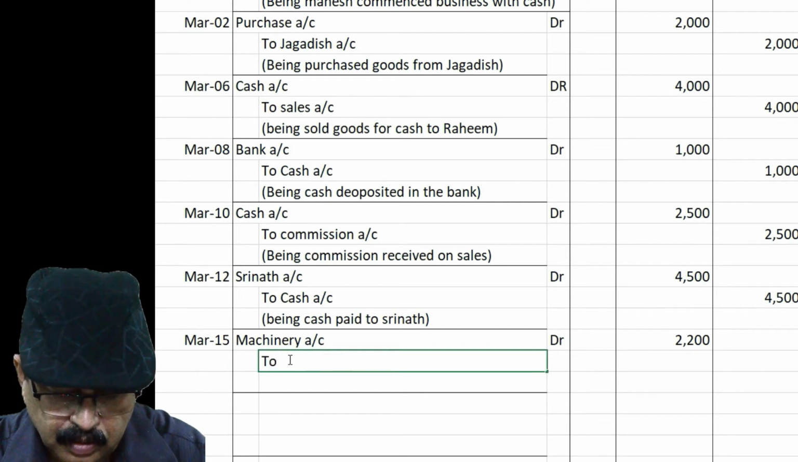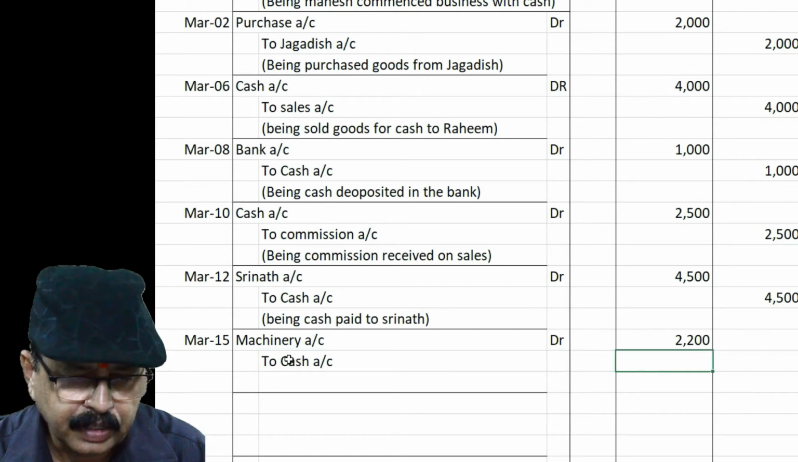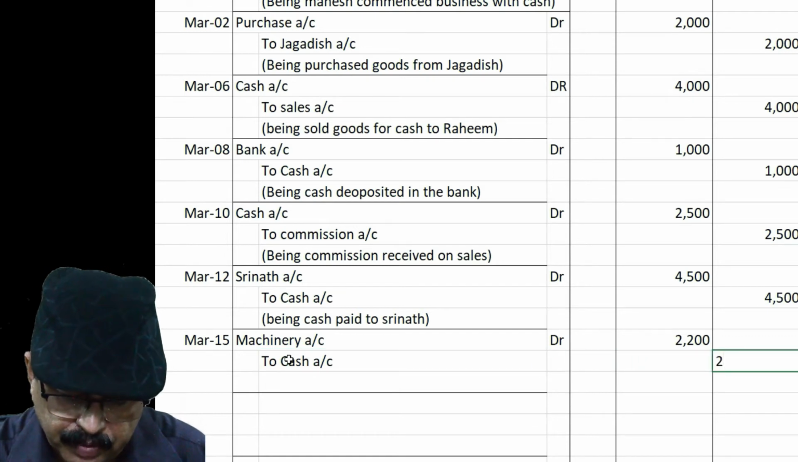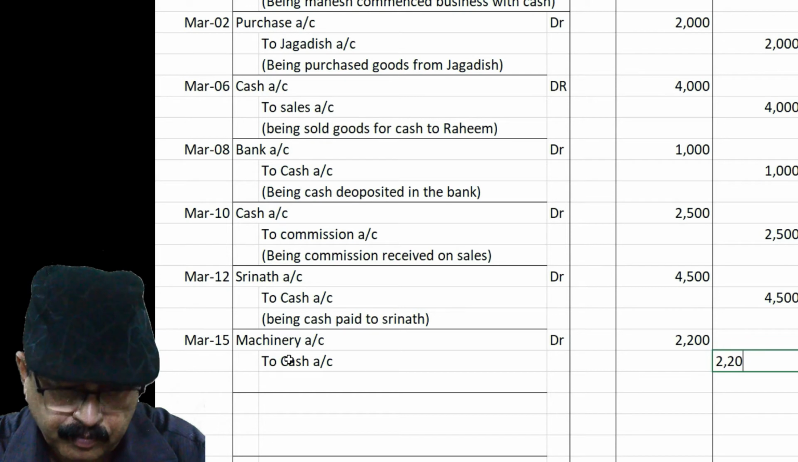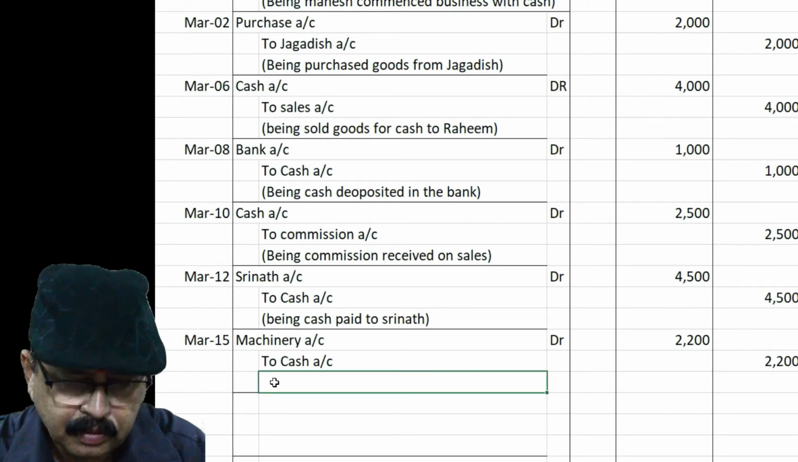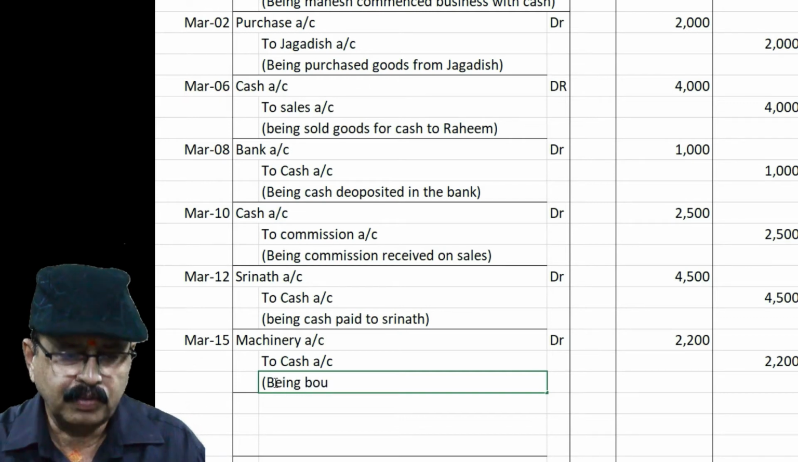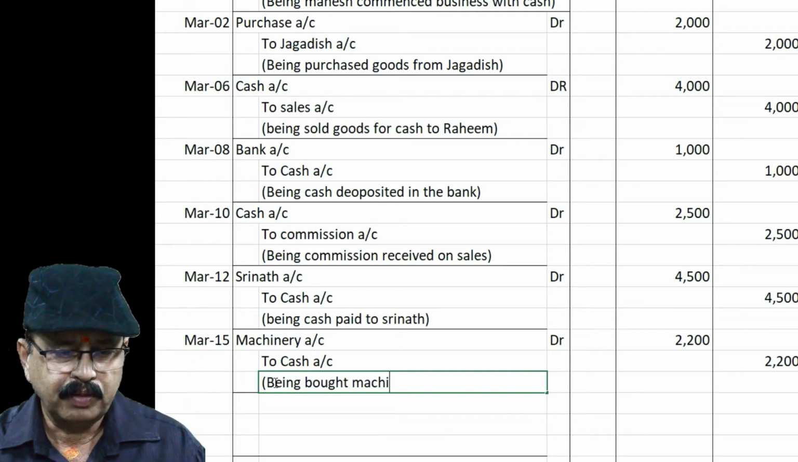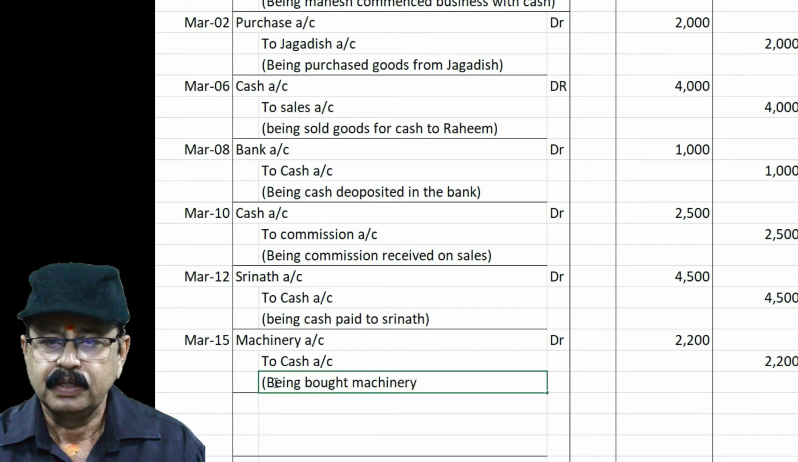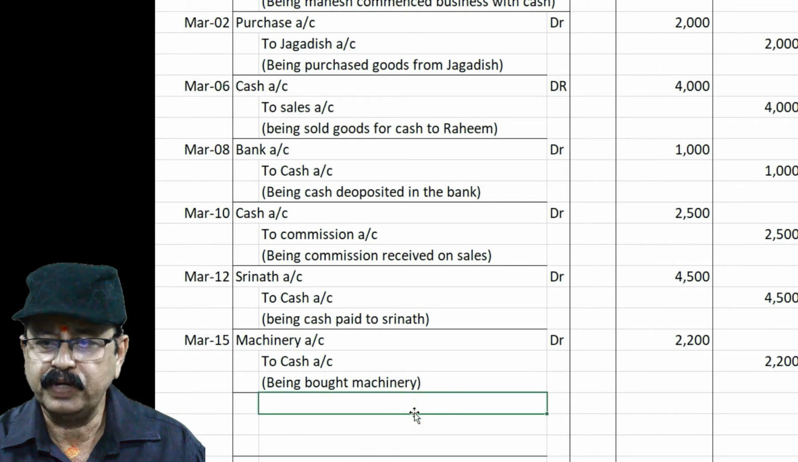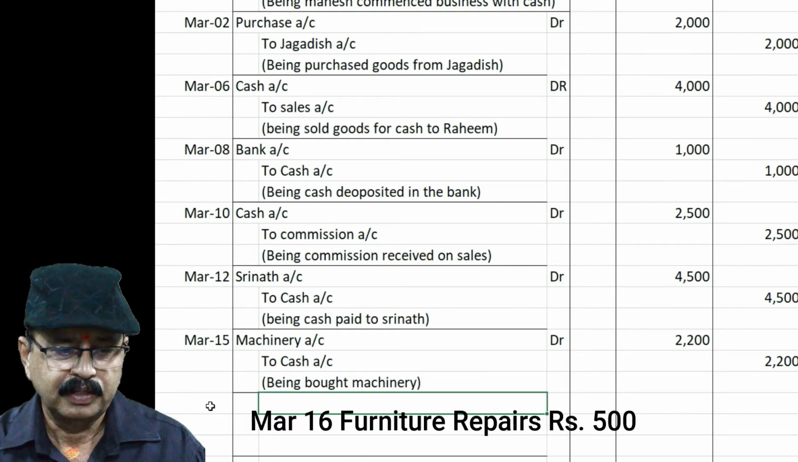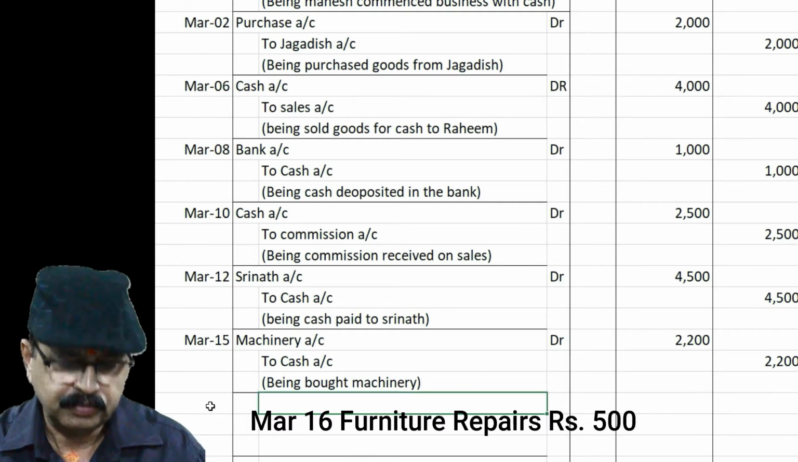Directly in the credit column, narration being bought machinery, bracket close and one more underline we have to draw here. Then March 15th finish. Then March 16th, furniture repairs 500. March 16th, so we should write here